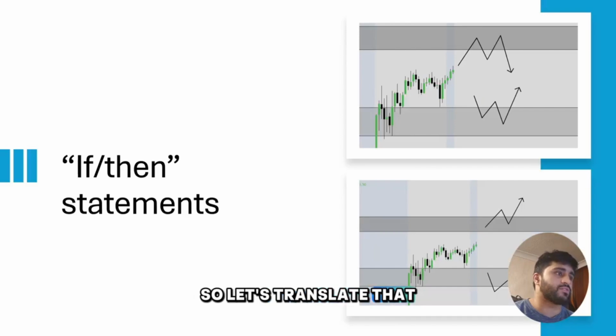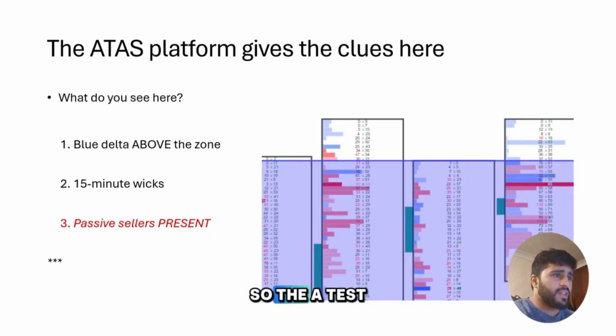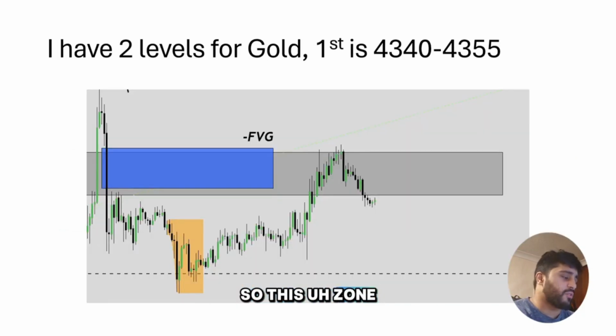So let's translate that to gold specifically. So I have 2 levels for gold. First one is the main one is 43.40 to 43.50, 55 area. So the ATAS platform is what gives us the clue, right? So this zone over here is the same